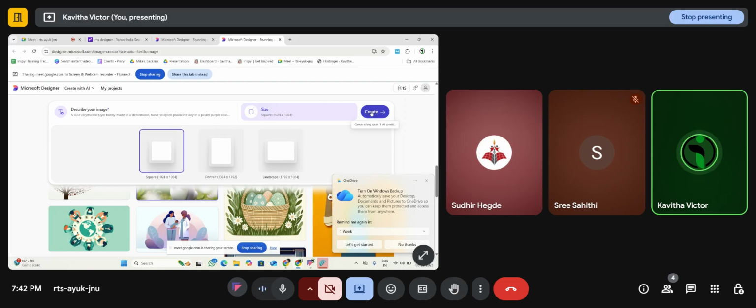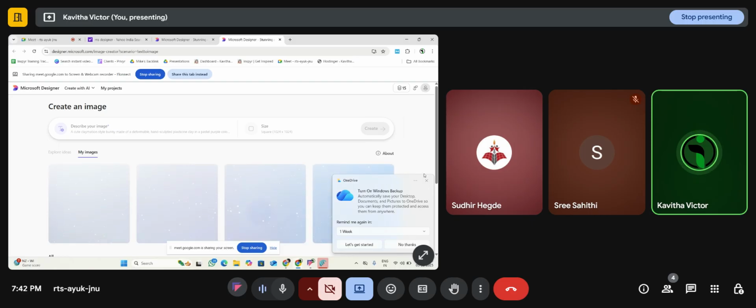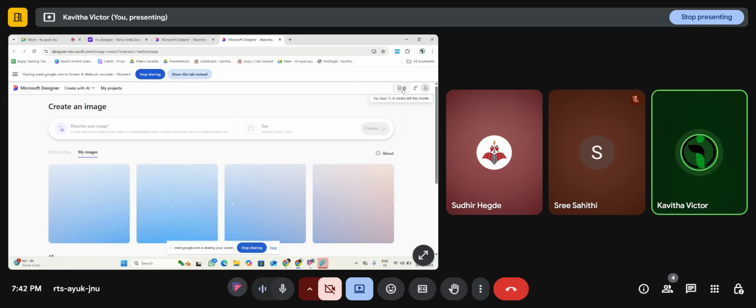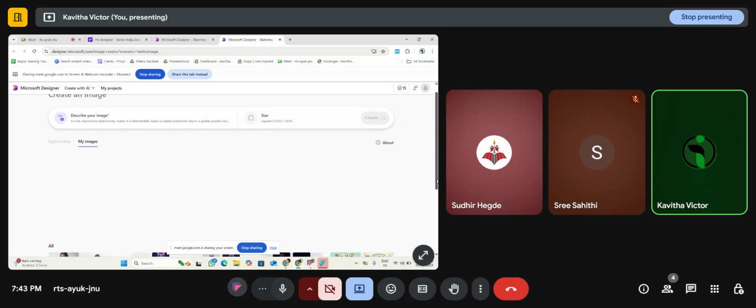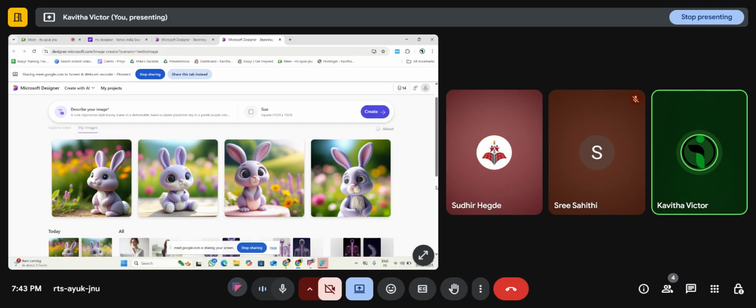Then you can click on this create. You will be able to generate the images here. See, I have got 15 credits for this month. On the top right, it will notify you. When I generate this image, I will have only 14 left. You will also get four different images. Whichever image you type in that you want to create, it will show you in four different styles. You can pick whichever you like and download it. Well, it takes some time. I have used the same prompt, so it is giving me the same result. Just look at this and you will be able to download this.